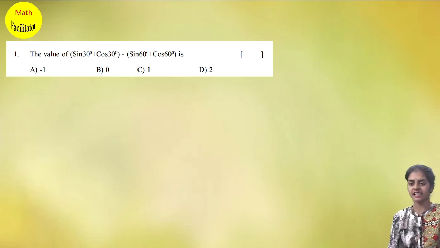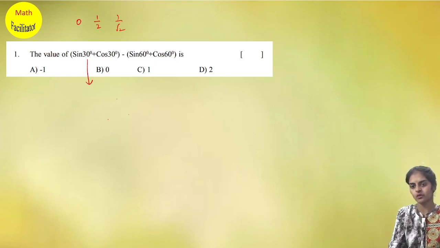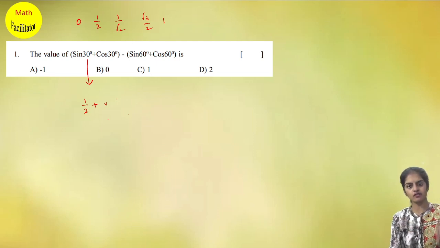The value of sine 30 plus cos 30 minus sine 60 plus cos 60 is what? First of all, what is the value of sine 30? We know sine values. I already gave you the trick also how to learn. So 0, 1 by 2, 1 by root 2, root 3 by 2 and 1. These are the values of sine. Cos, reverse of it. Okay, so sine 30 is 1 by 2 plus cos 30 will be reverse, so root 3 by 2